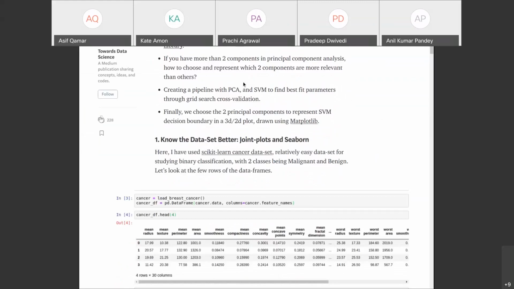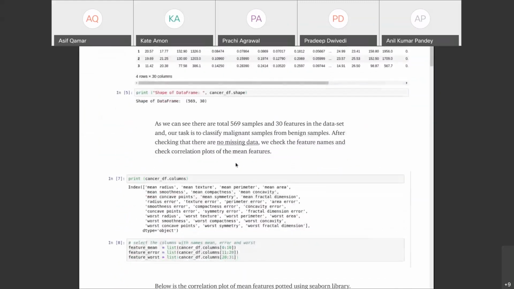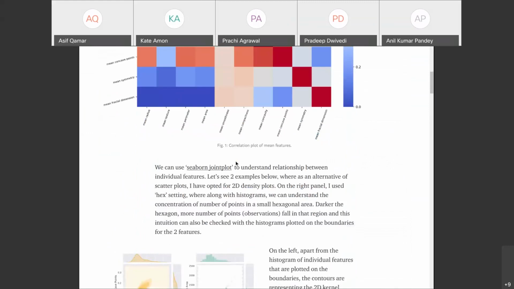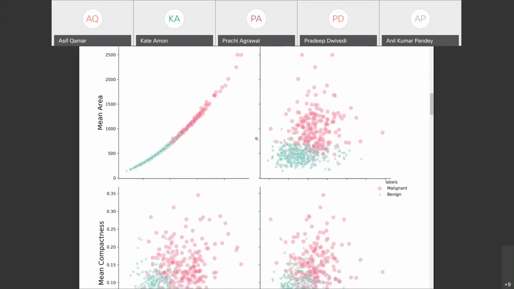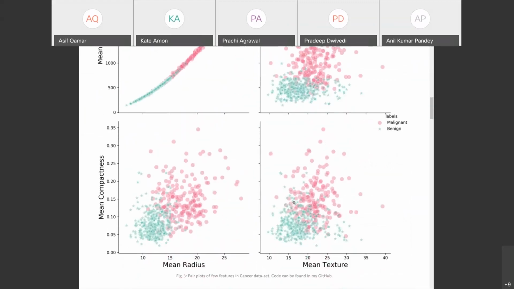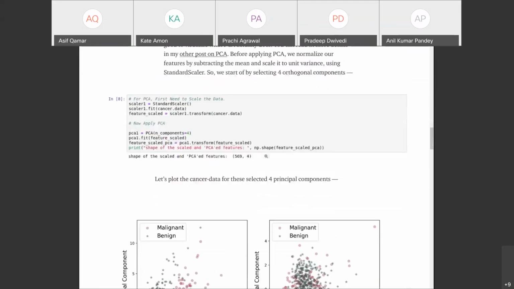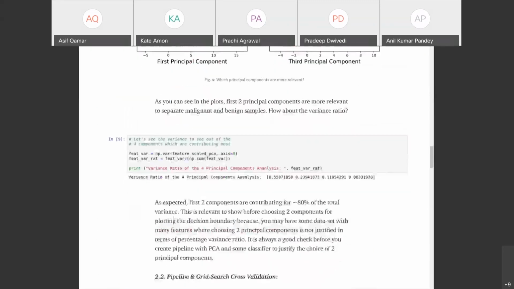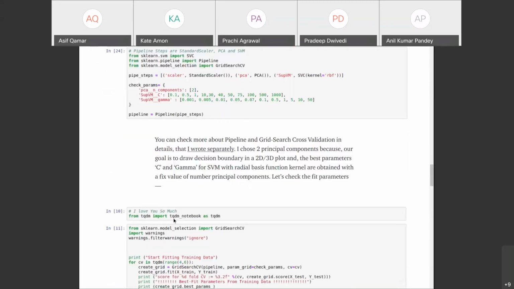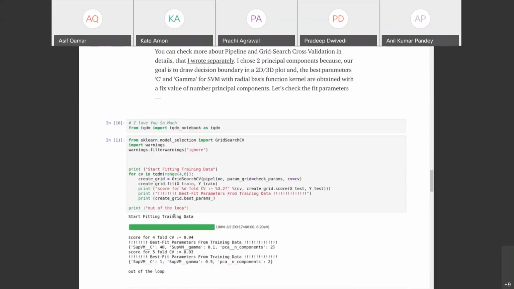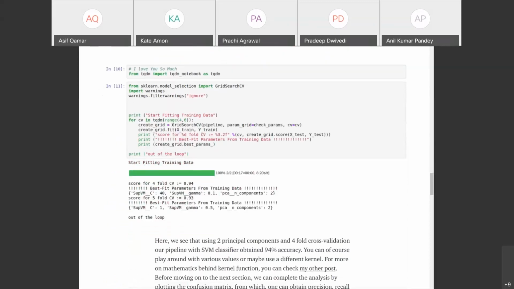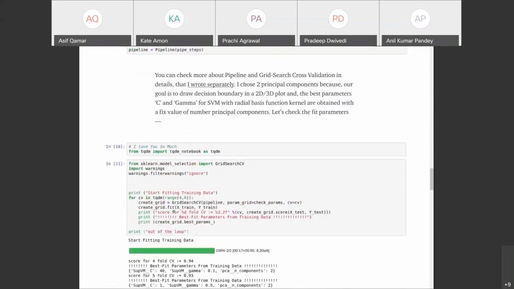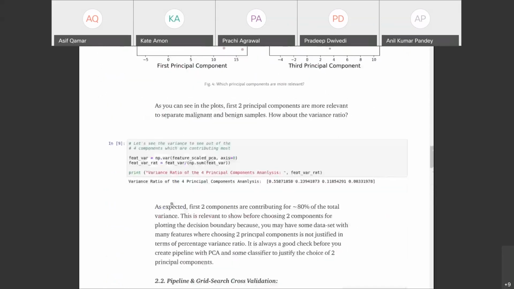So this one is the same thing. You take the code, you do the principal component analysis, and it repeats it here. Once you do the PCA, you look at the pairwise features and realize that you can cut the data pretty well using this. It's the same thing. The data is very well separated. What can you do then? You can apply a classifier called support vector machines, and this just illustrates the point.